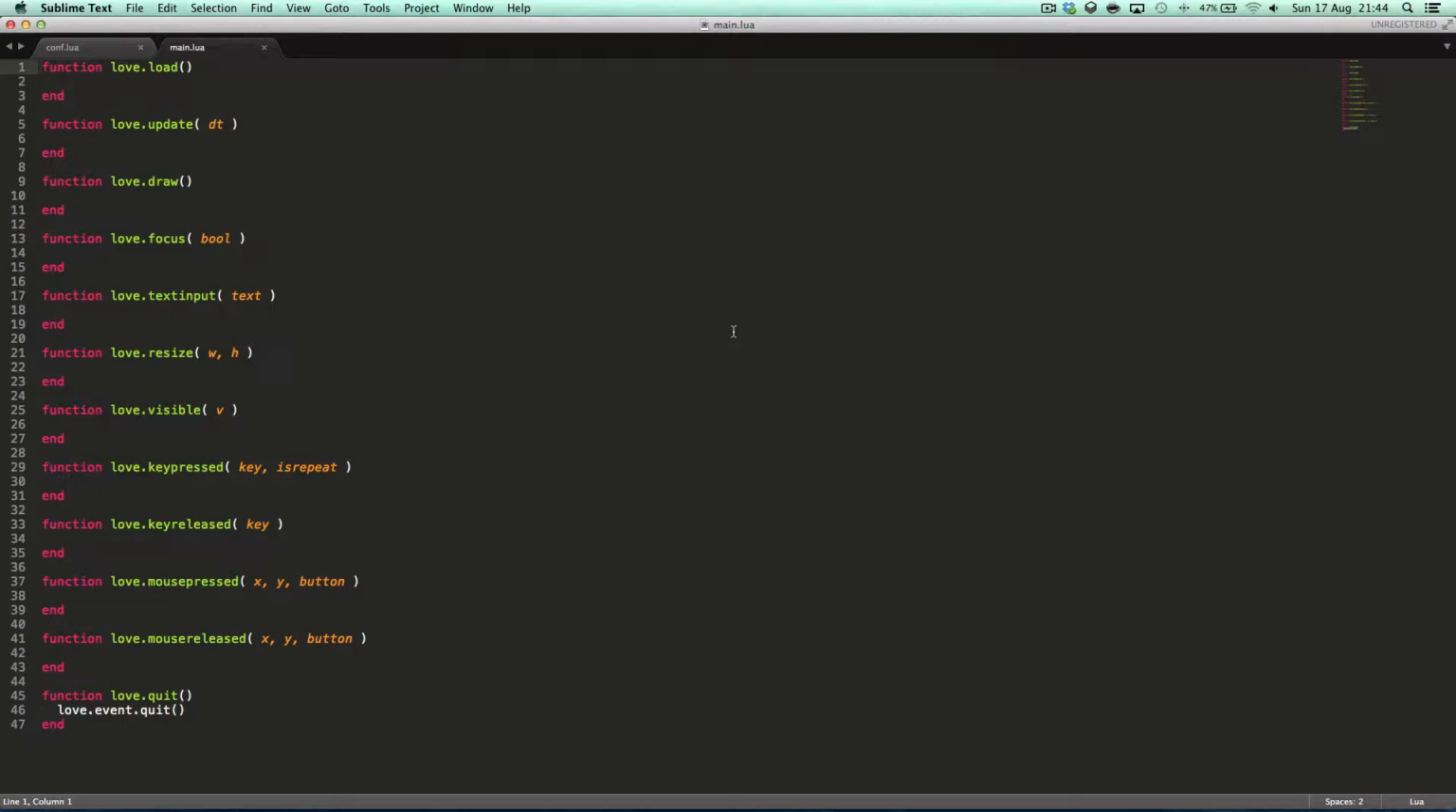In this tutorial we're going to talk about the love.keyboard module, and this is a fairly small module. I think it only has about 6 methods in it that will let you interface with the keyboard, and I am intending on covering them all today. You already know about one, which is love.keyboard.isDown,